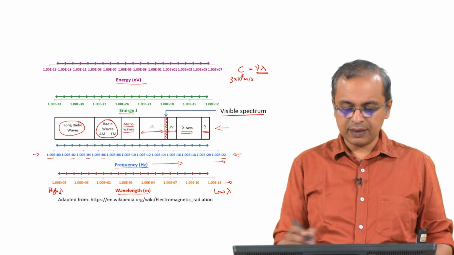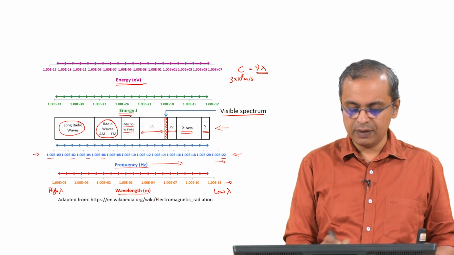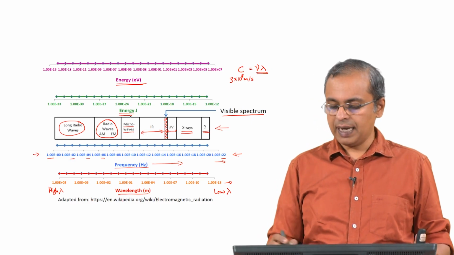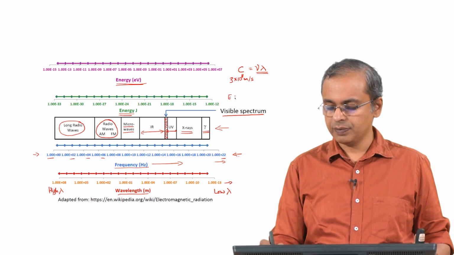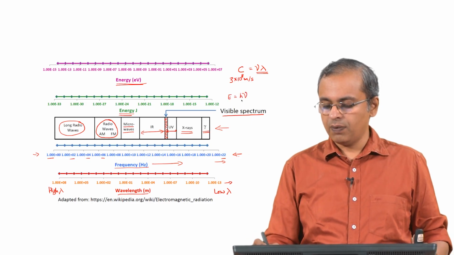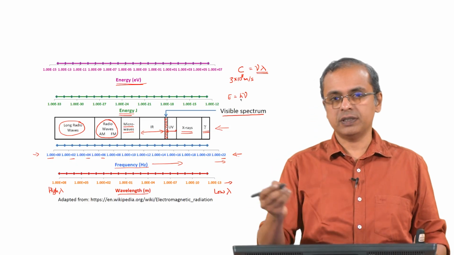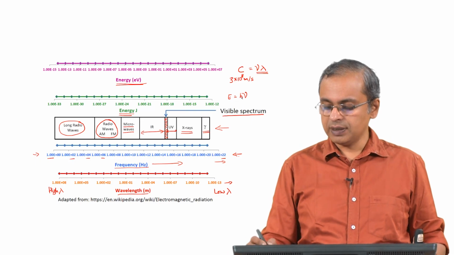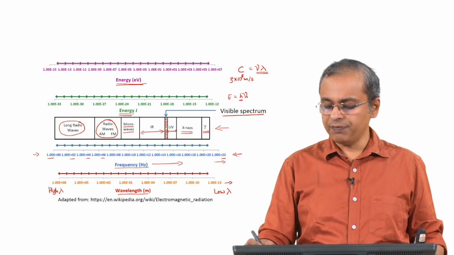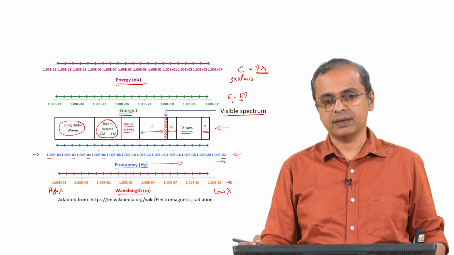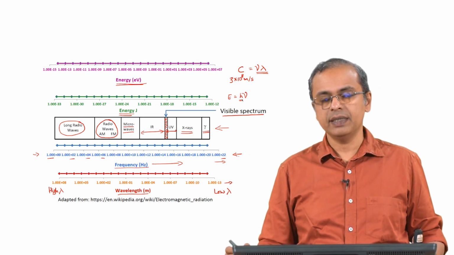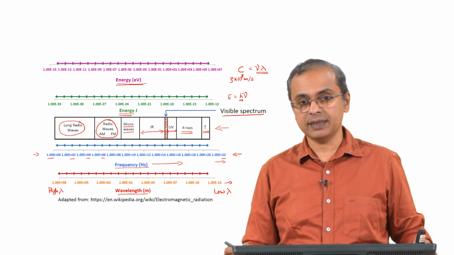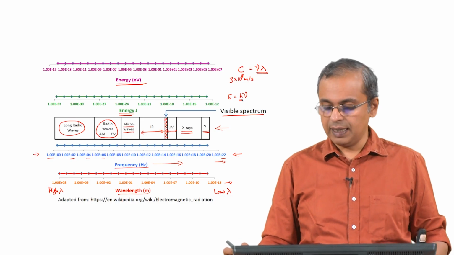Similarly, I have two other axes here, both of which are energy, and energy is related to the frequency as E equals h nu, where h is the Planck's constant that we just saw, which is 6.626 into 10 power minus 34 joule seconds. So, h is a constant. As the frequency increases, the energy increases, right. As energy increases, the frequency increases. So, you can see here